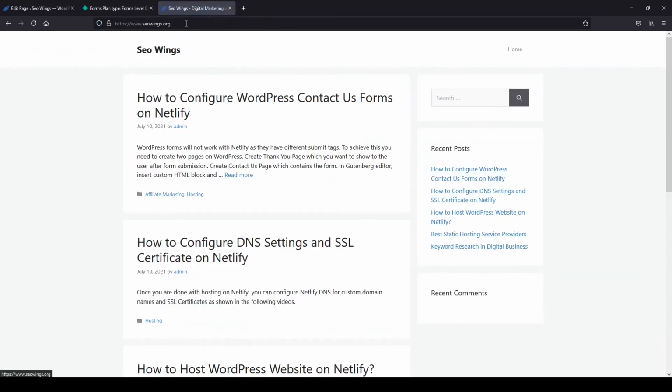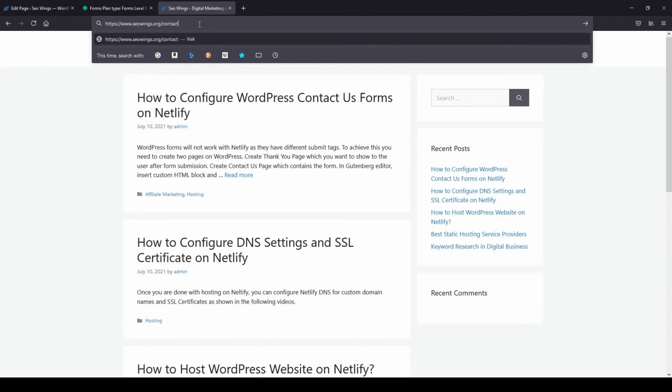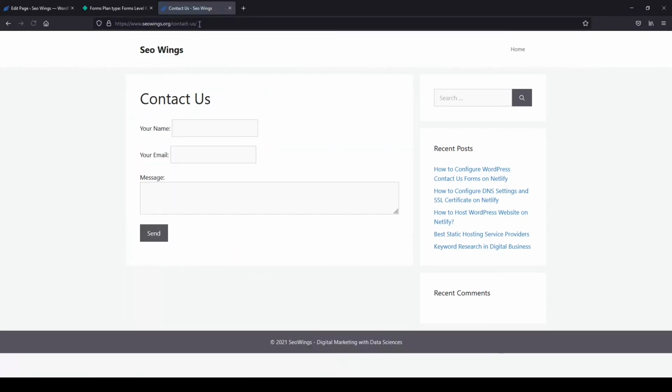Since we have synchronized the website, our new form should be available as contact-us, suvings.org/contact-us. And you can see the form is available here. Now let's try to submit some information. Let's see, the username is Julia.